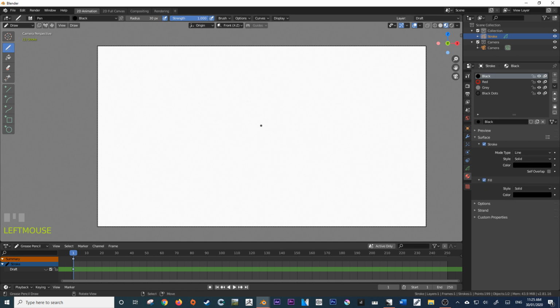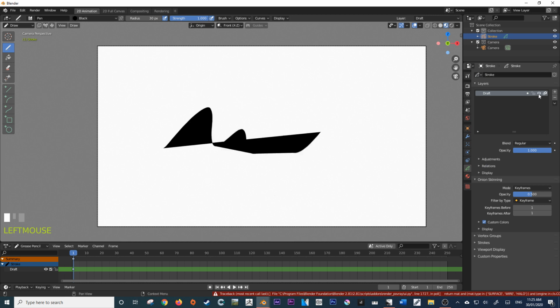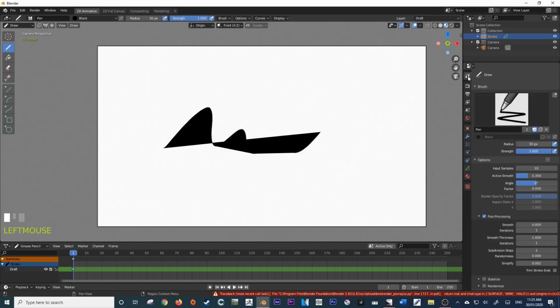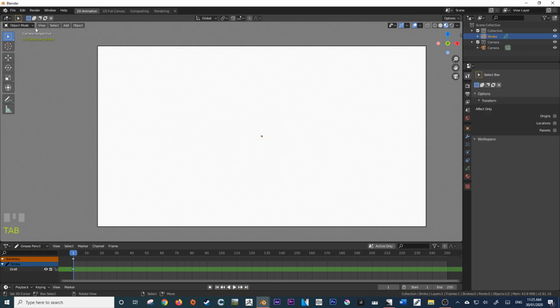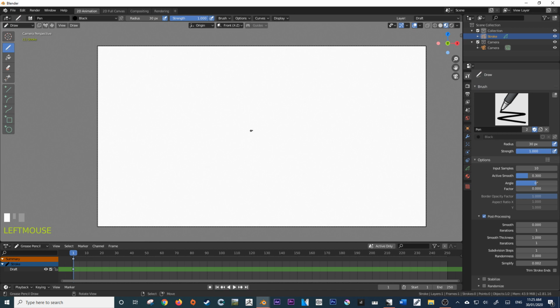Now I'm going to explain the materials in just a bit, but for now, let's just do this. Whoops. It always pays to pay attention to what you're doing. I'm just going to turn that on as such, and then I'm just going to delete all of that and going back into draw mode. So I'm just going to draw a very basic circle.